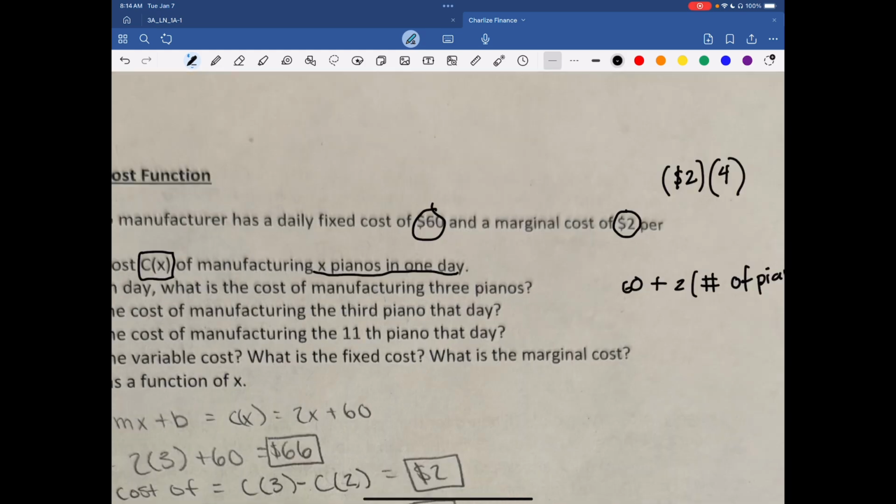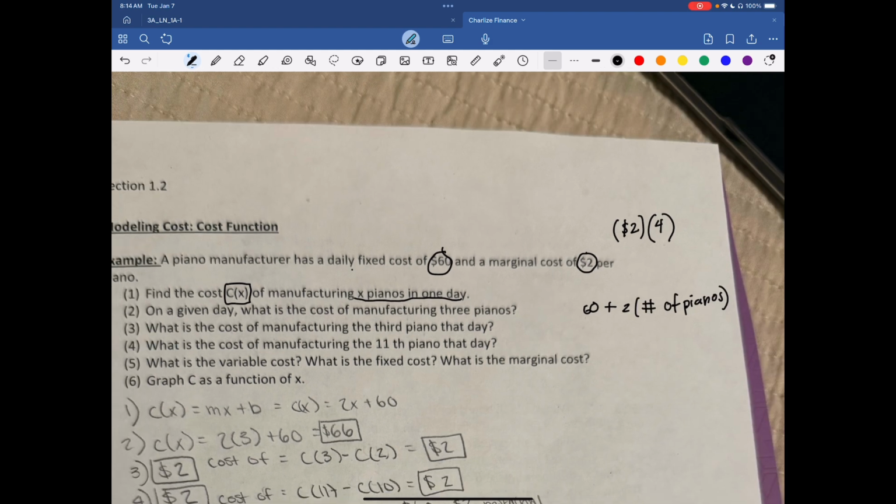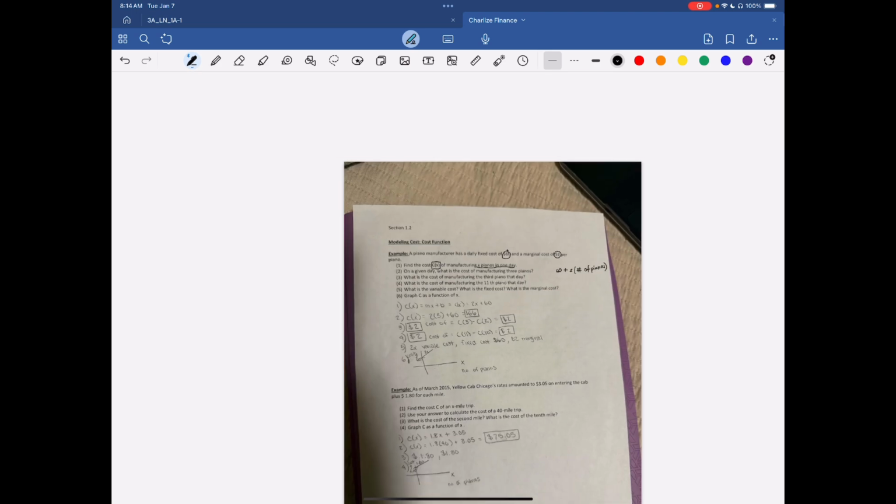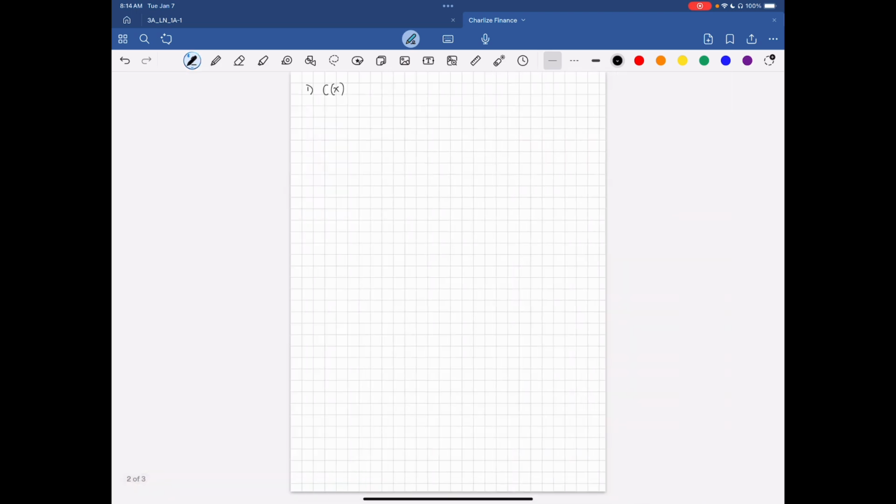However, given the information, the daily fixed cost is $60, which is why you add the 60, because that's kind of like the starting price,